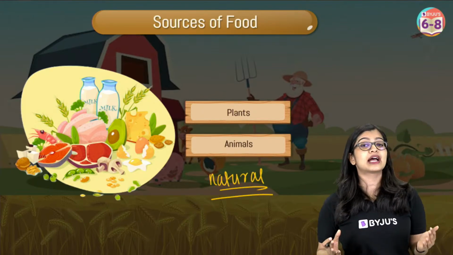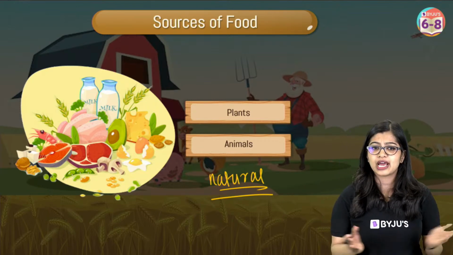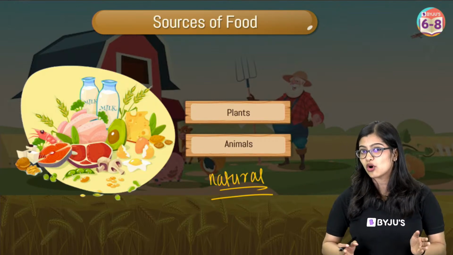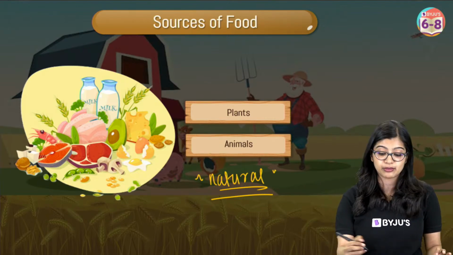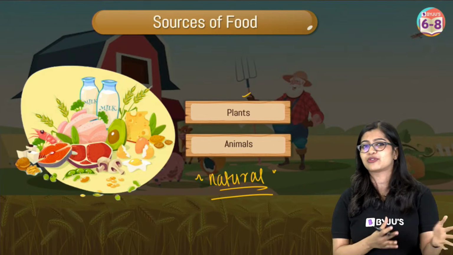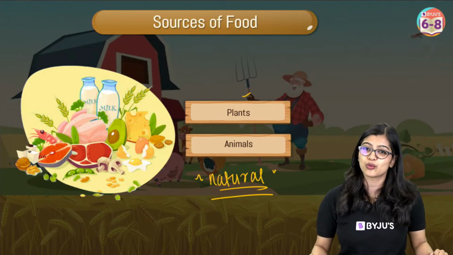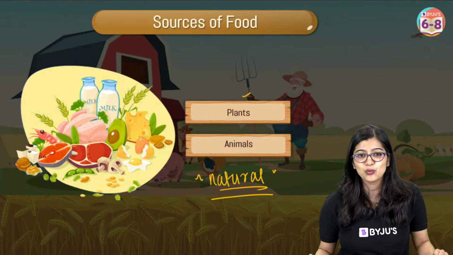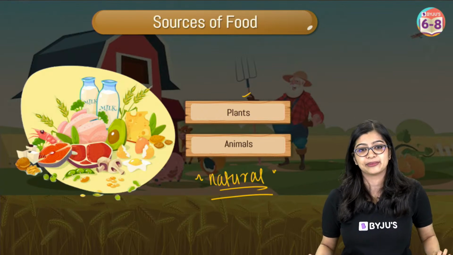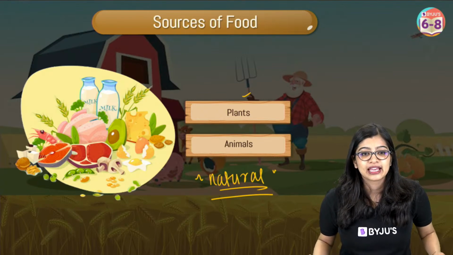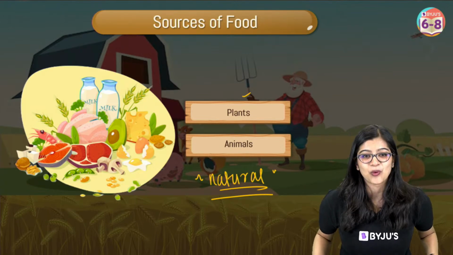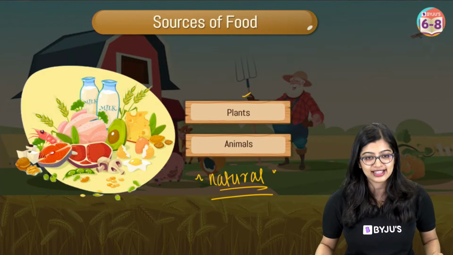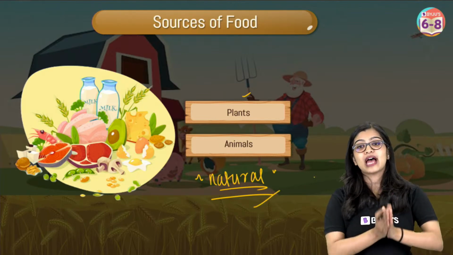Now what do I mean by natural? It comes from nature, right? Can you take a guess of which kind of food item might be natural, or that we directly obtain from nature and which is not plants and animals? Which do you think would come under this category? Yes, wonderful Naina, wonderful. Salt and water. Yes, very good. It is salt and water as well.